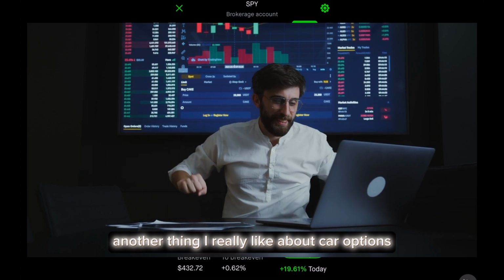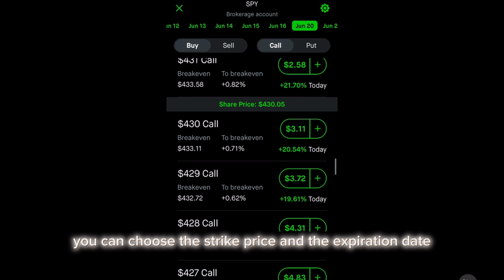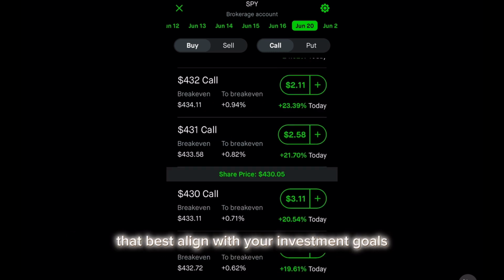Another thing I really like about call options is that they provide flexibility. You can choose the strike price and the expiration date that best align with your investment goals. The flexibility allows you to tailor your trades to take advantage of market trends no matter how much money you